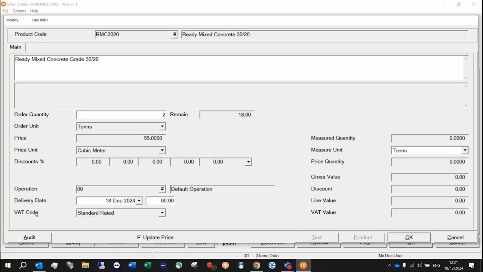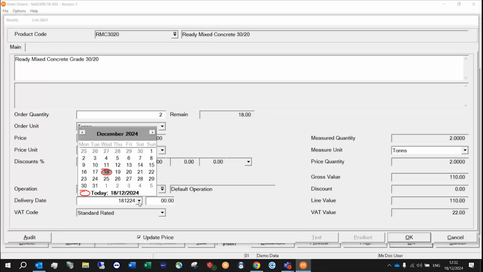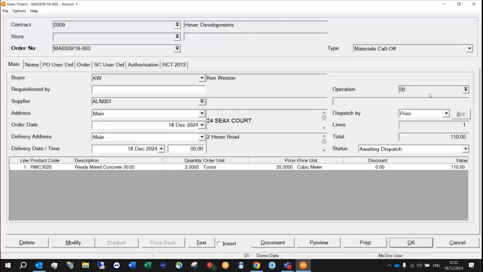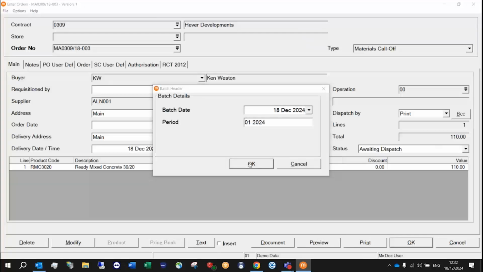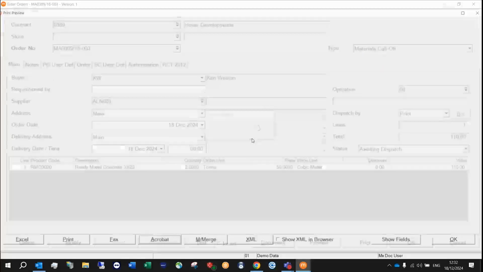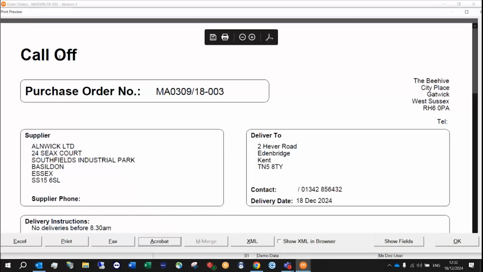Okay, and this is where you can change the delivery date. Do you see that? So you could call off to, I don't know, for tomorrow. Want them delivered to site tomorrow, and click OK. And as normal, what you can do, click print. Same process as before. Okay, and that will just say call off. Again, likewise, either you want to save it or print it, but it's not necessary because MX stores the documents anyway. If you click OK now,